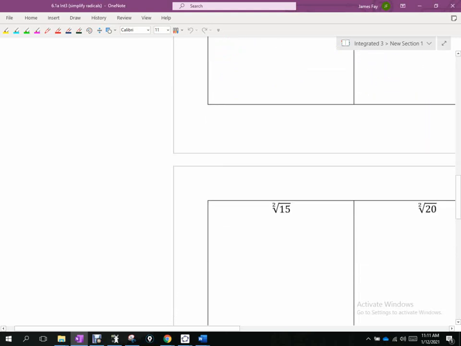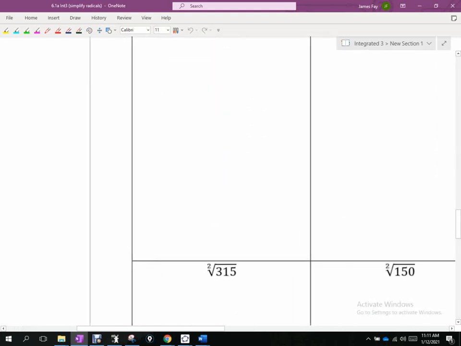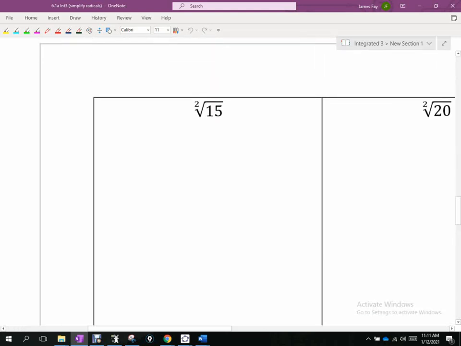What about 15? Radical 15, is that prime? No, there are numbers that multiply to get 15 that are not just 1 and 15, right? So 3 and 5. Okay, now is 3 prime? Yes. Is 5 prime? Yes. So we stop with those. Those branches do not continue. Okay? So when we write our radical,